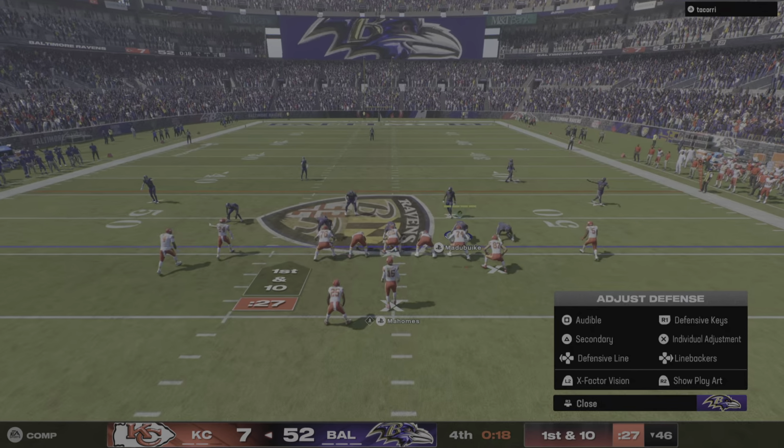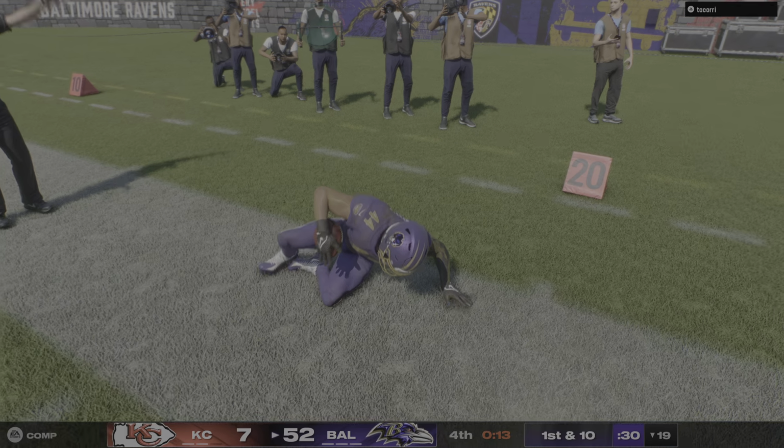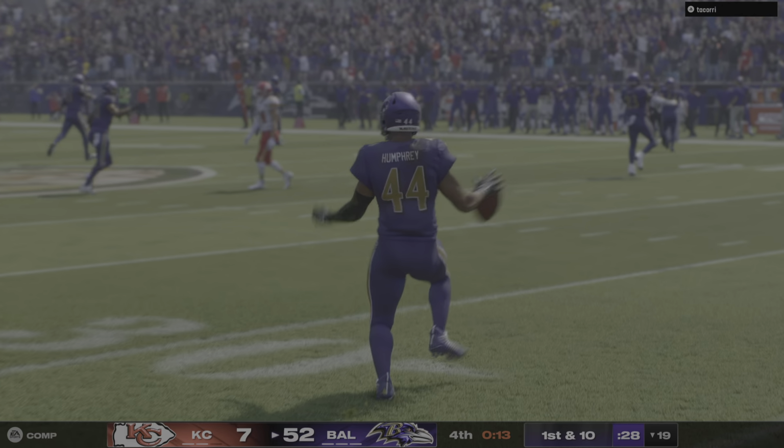They go play fake. Mahomes. Now a desperation throw deep downfield. And my goodness, another interception. Picked off by Marlon Humphrey. And